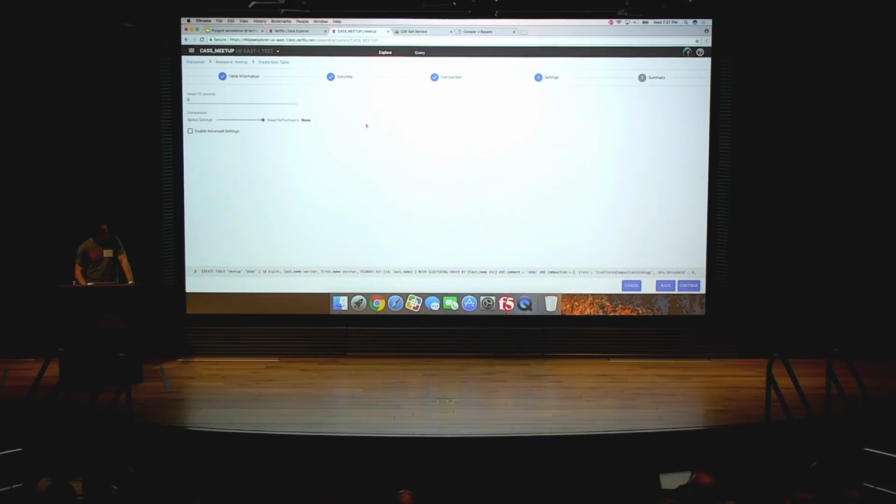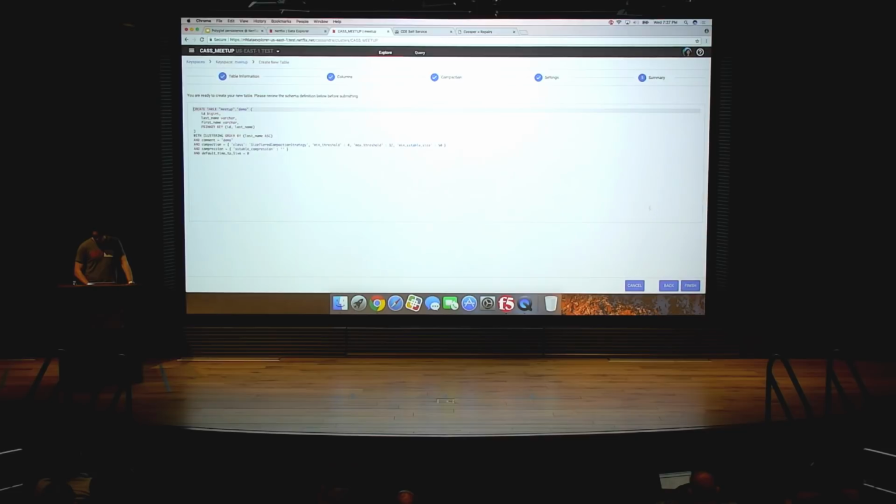And then now we're on to the last step, which is the settings tab. So if you want to specify a default TTL, or maybe define compression settings. So if you want to bias this table maybe towards space savings, or maybe towards read performance, we'll set your compression strategy appropriately. And then we have advanced settings. For those power users, as I mentioned earlier, maybe they want to enable like row key caching or control GC grace. They have the option to do that there.